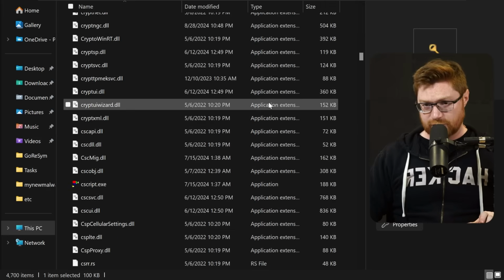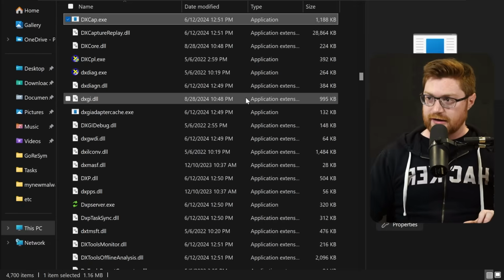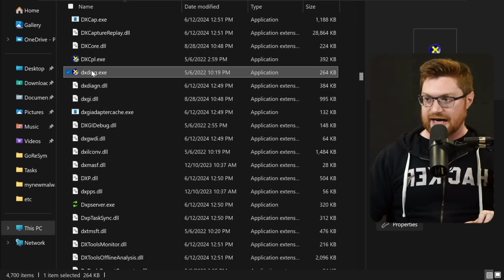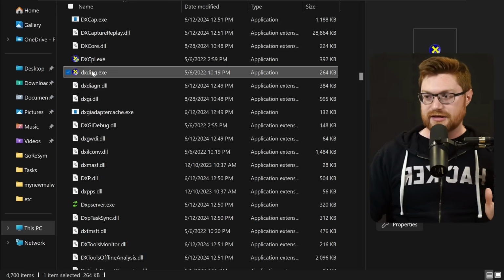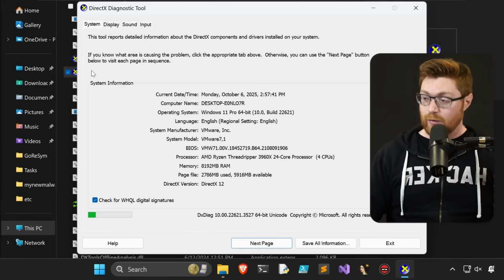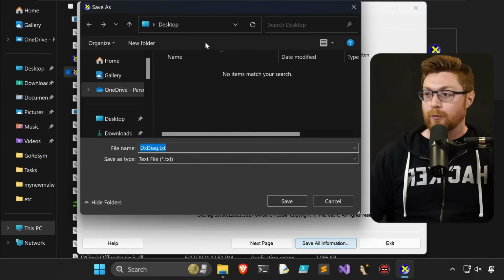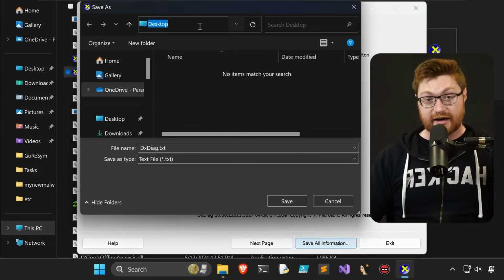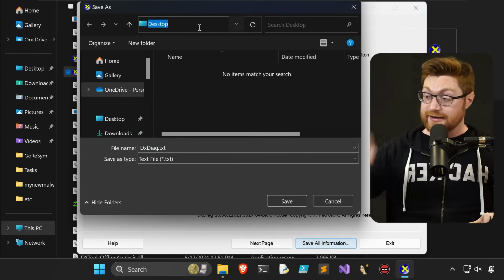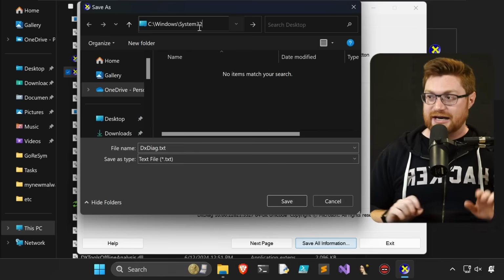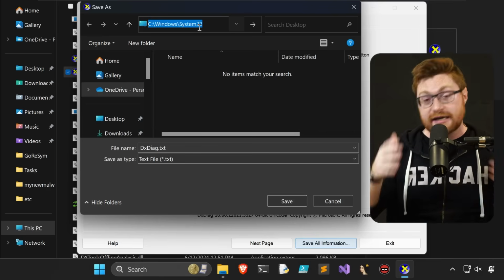Think of all the gamers that might be trying to get their video game to run, and they're so used to running dxdiag.exe to get the info about their graphics card. Well, what if this website lied to them and said, oh, send us the output of your dxdiag and graphics card information. Go ahead and save all this information and paste in whatever payload happens to be in that file